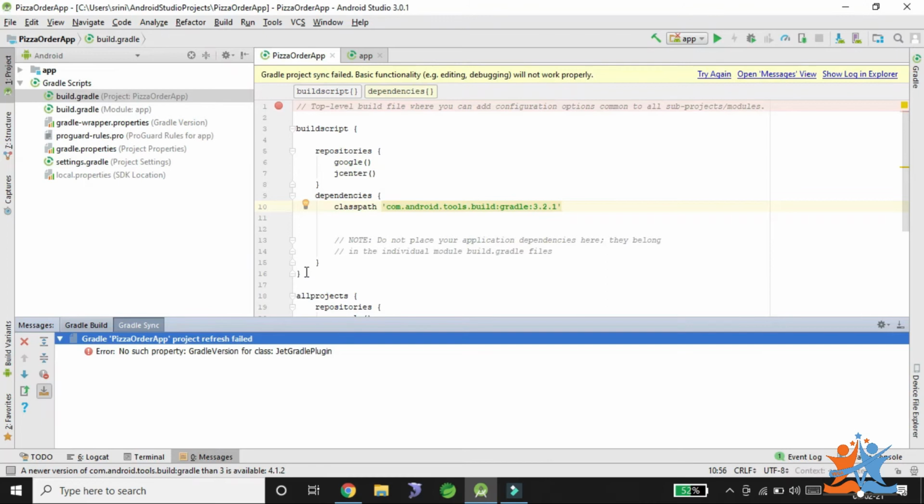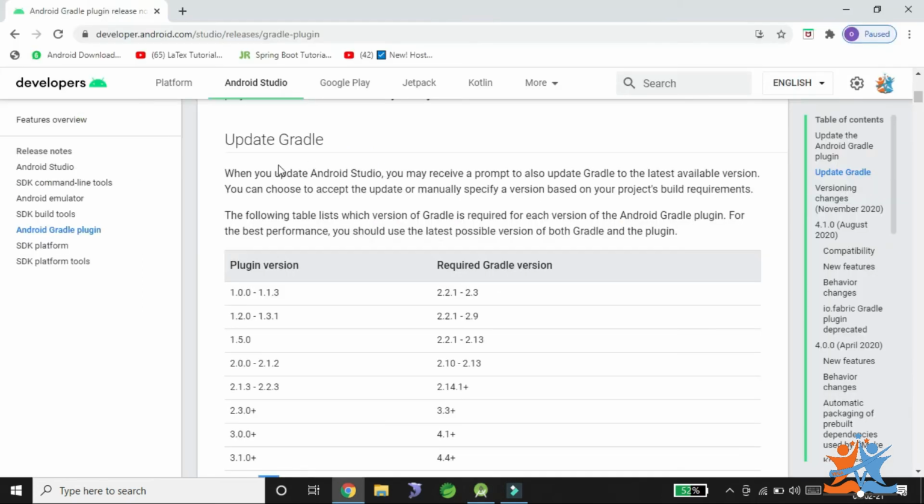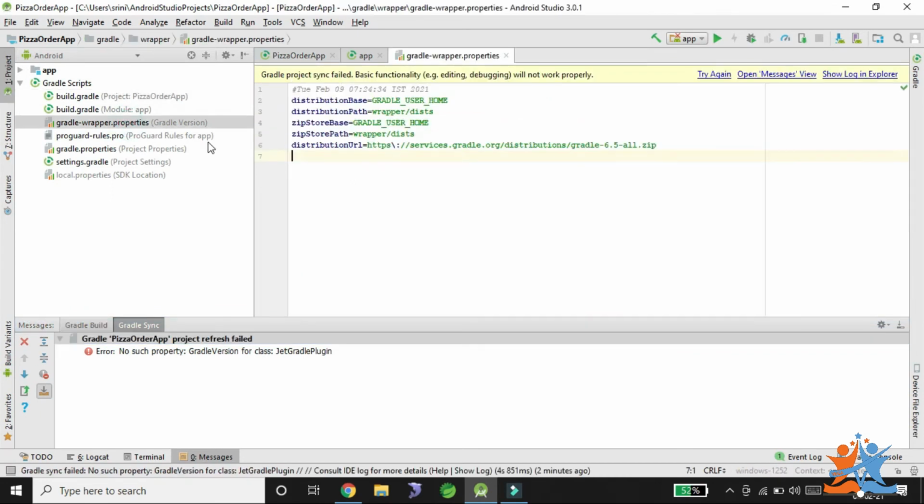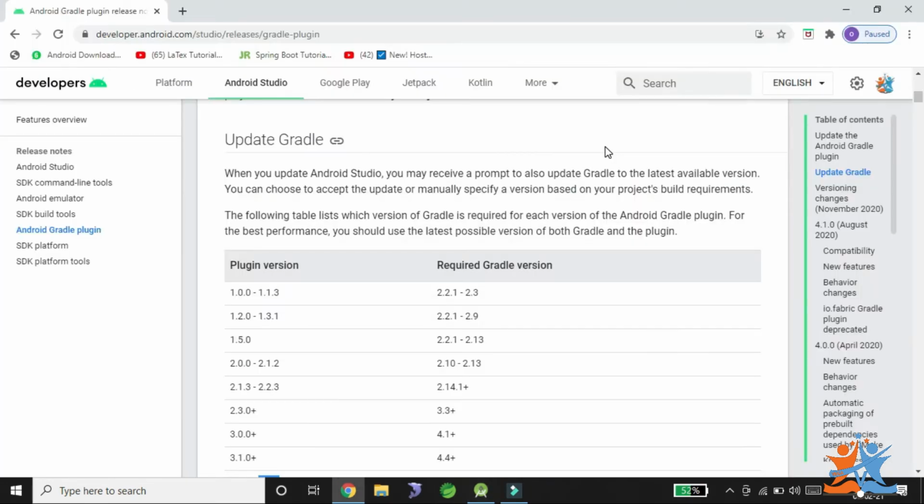The plugin version is related to the project build.gradle. Inside we have the plugin version. And the required Gradle version we need to place in gradle-wrapper.properties. In this properties file we have 6.5. This is a compatibility issue, so that is the reason.